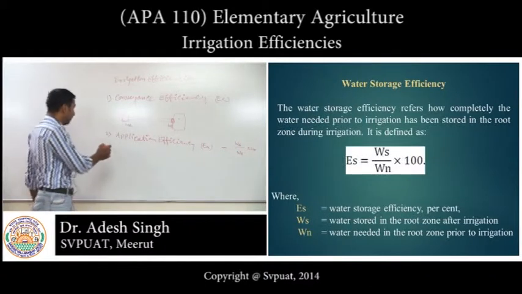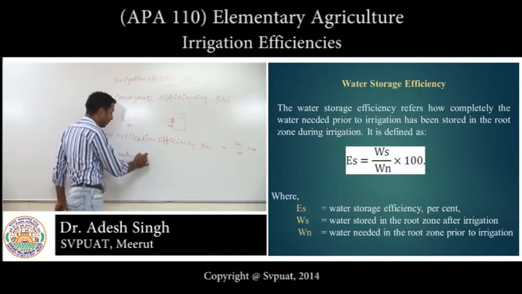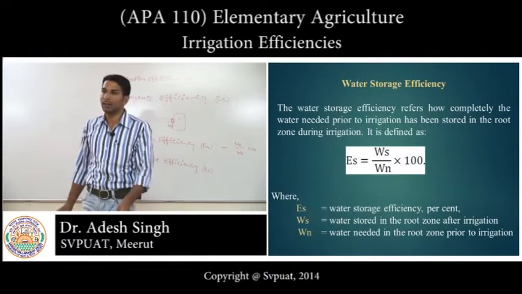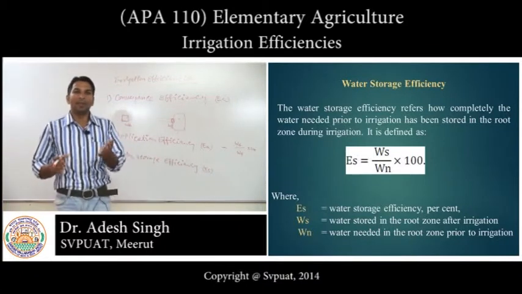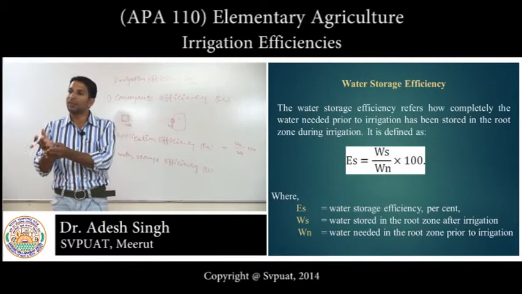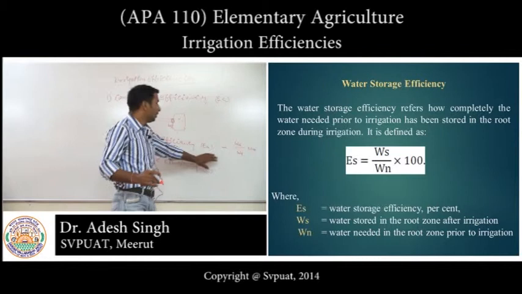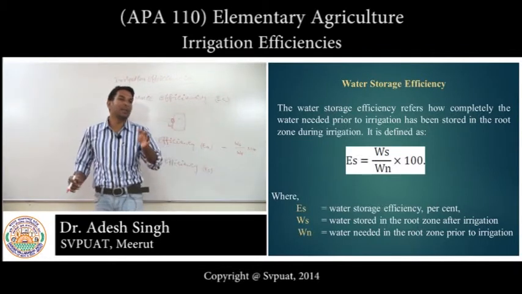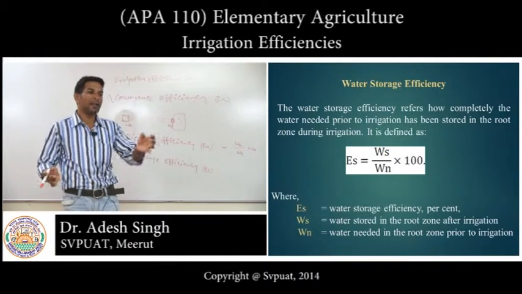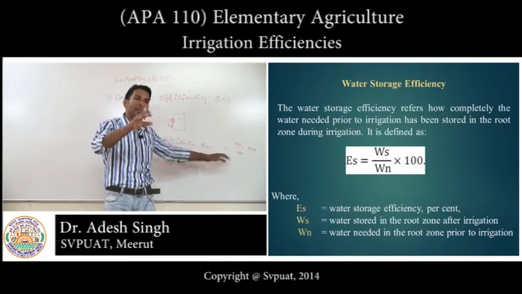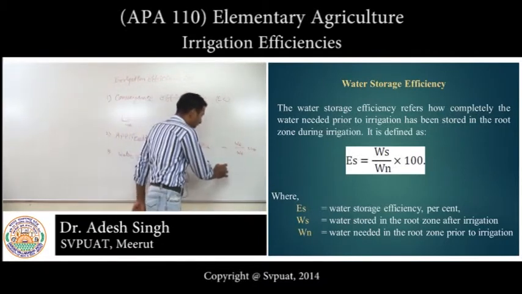So the third one is the water storage efficiency, denoted with ES. Storage efficiency means the total amount of water stored in the root zone after the irrigation to the water needed prior to the irrigation. It means what is the actual requirement for the crop and what is actually received and stored in the root zone. So it is the ratio between